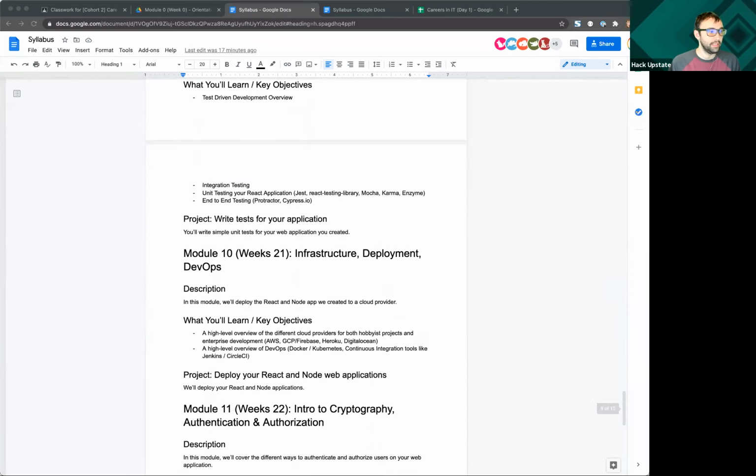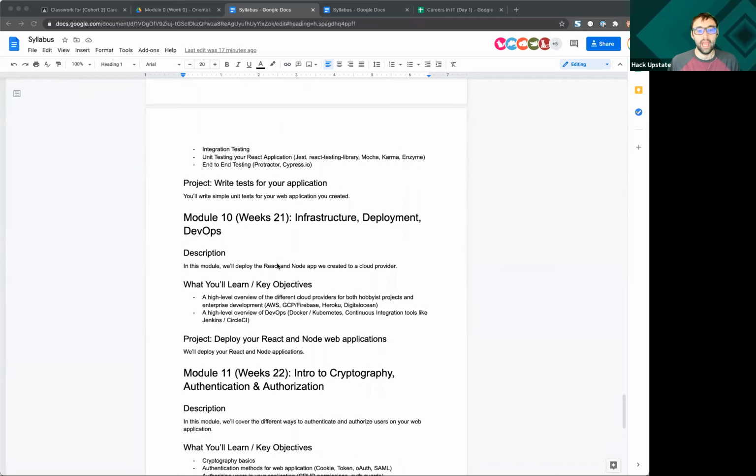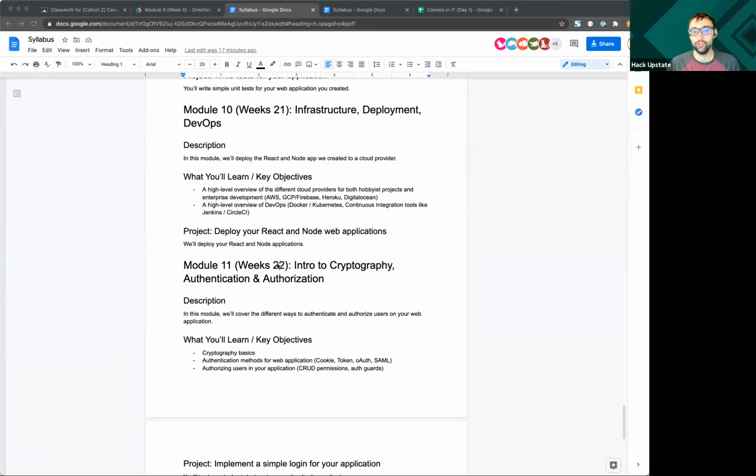And then finally, we have an intro to cryptography, authentication, and authorization. So we talked a little bit about this with the 3 A's yesterday. We're going to learn about what authentication looks like. We're going to talk about methods of authentication like SAML and OAuth, which is how do I integrate with other authentication providers.